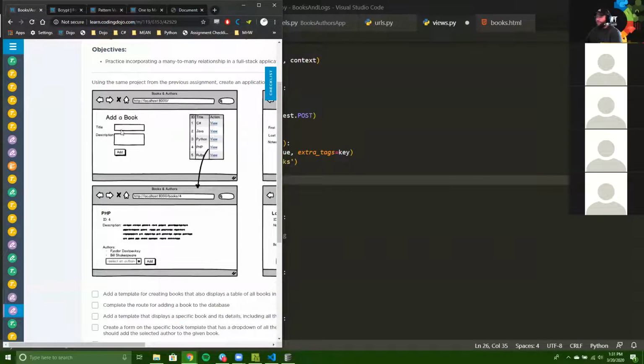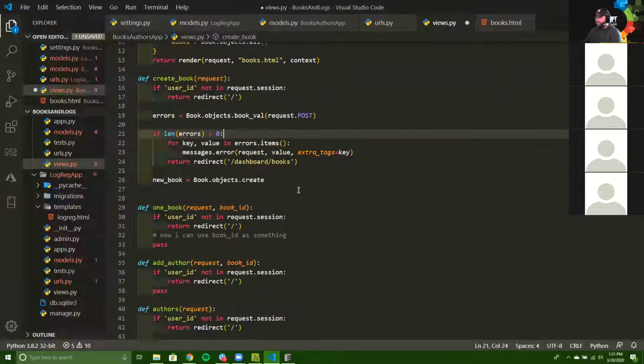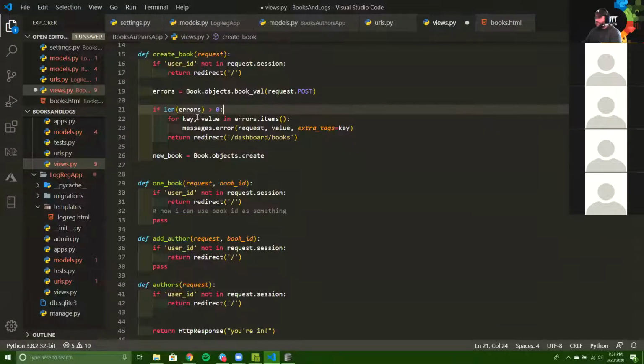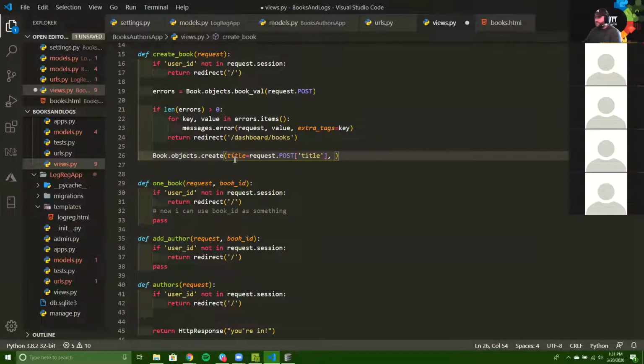Okay, so on a successful creation, I'm just going to make it redirect back to that page, which means I do not need to hold on to the new book for its ID. So book.objects.create title equals request.post title, because I want to take that field from the form, and then description equals